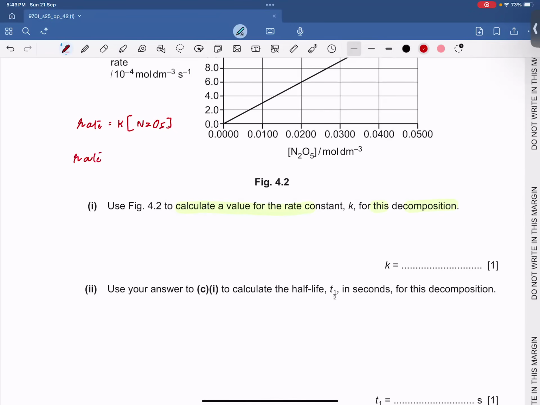When we remove the equality sign, I need to remove the constant sign. And when we remove both, I'll get the proportionality sign. So this indicates that the concentration of N2O5 is directly proportional to rate, which is why you will get a graph of a straight line. Okay. So for a first order reaction,